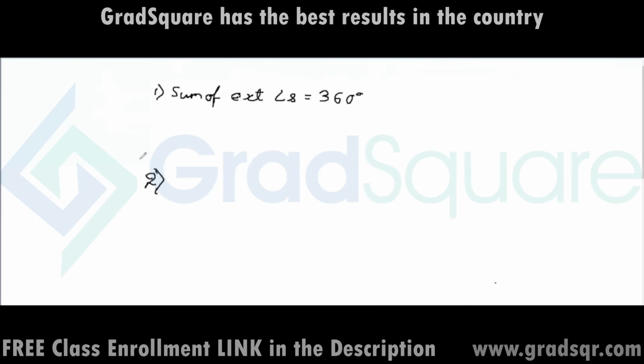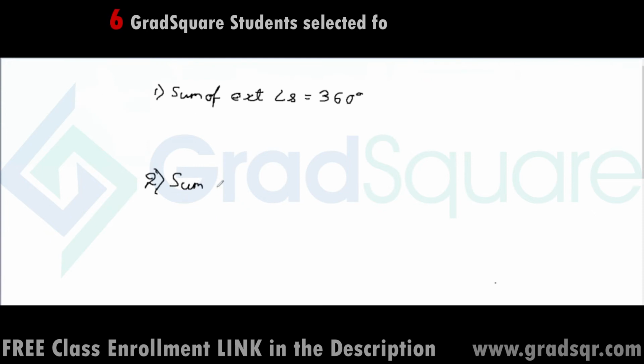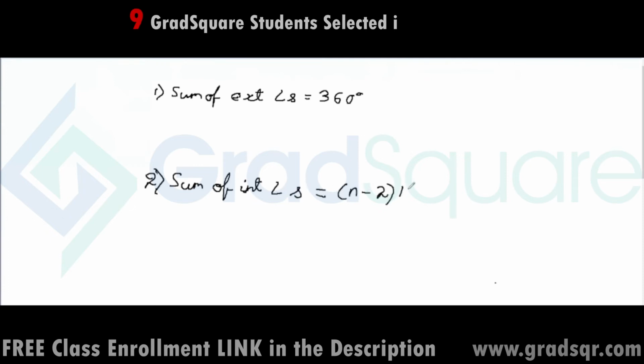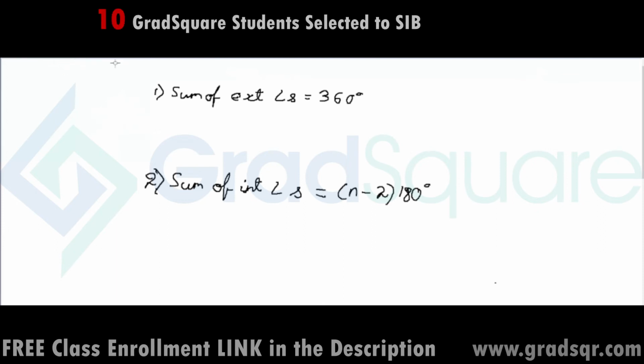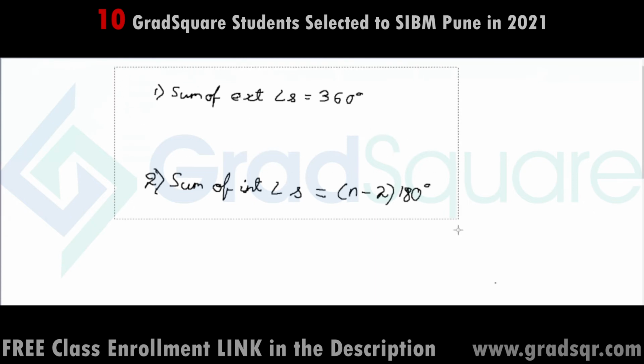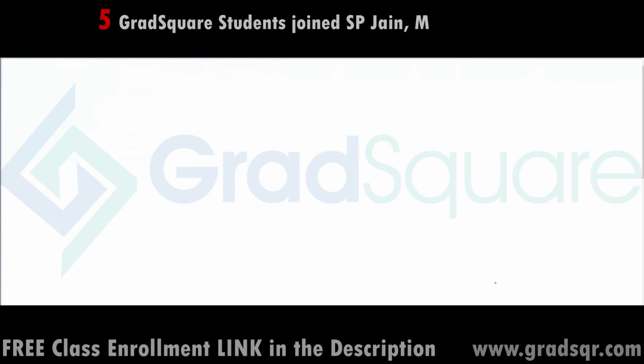The second fundamental property in polygons is, of course, besides the sum of exterior angles, we also have the sum of interior angles. The sum of interior angles is equal to (n minus 2) times 180 degrees, where n is the number of sides of the polygon. Okay, so these are the basic two properties that we have to remember as far as polygons are concerned. Now, based on lengths of sides, polygons can be classified into broadly two types.